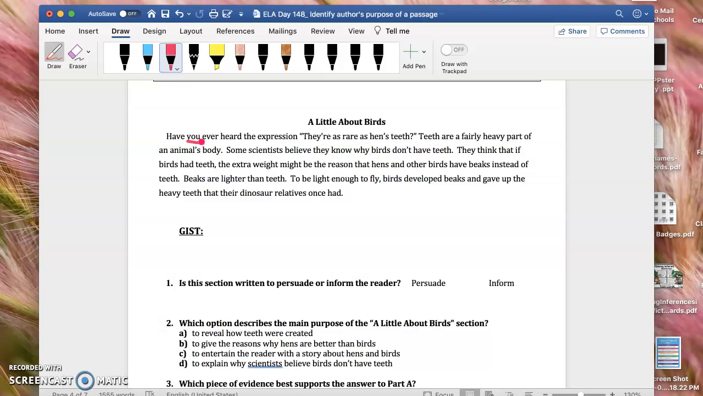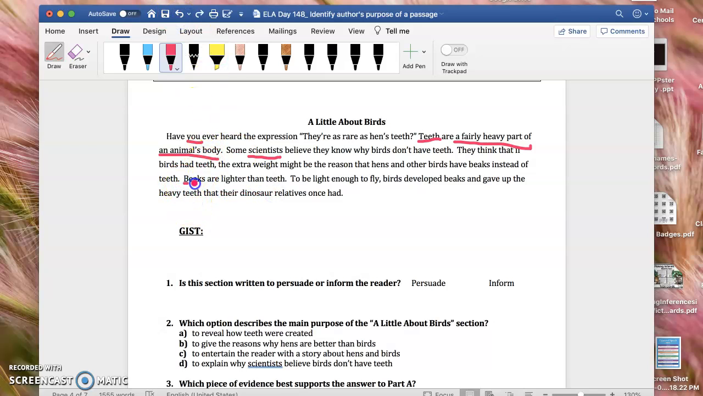Teeth are a fairly heavy part of an animal's body. So here they're actually describing to us what teeth are. Sometimes scientists believe they know why birds don't have teeth. They think that if birds had teeth, so it says scientists. I want to highlight scientists because scientists usually give out real facts, right? It says they think that if birds had teeth, the extra weight might be the reason that hens and other birds have beaks instead of teeth. Beaks are lighter than teeth. So that's a fact,